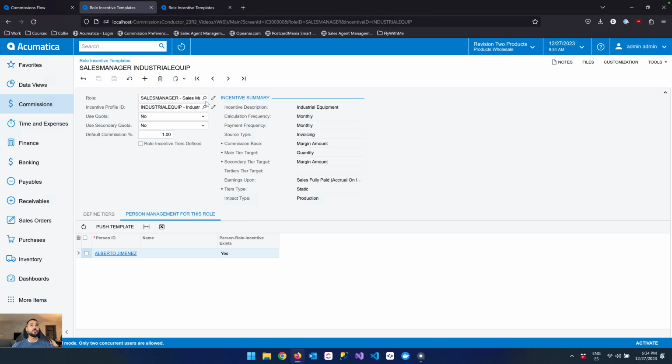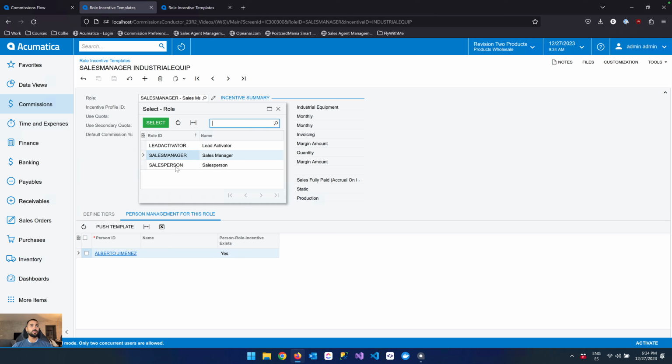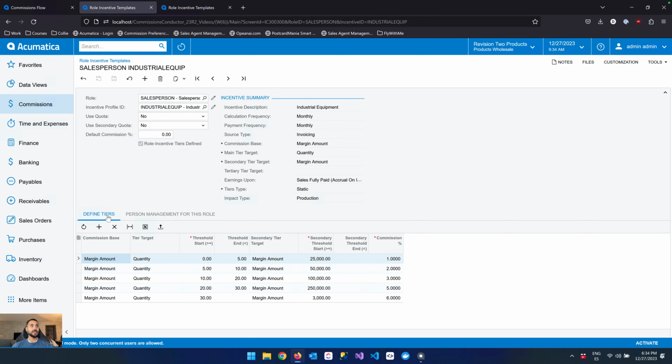If we move to the salespeople role, we can see how we have a different commission structure right now. The default commission percentage is going to be 0%, and then we have a table for the tiers structure,